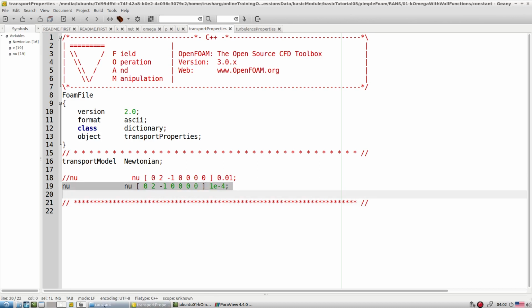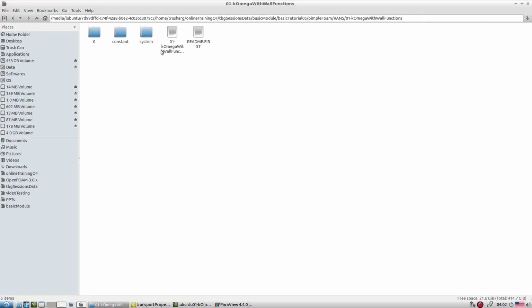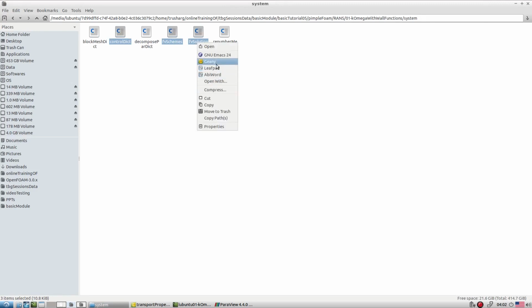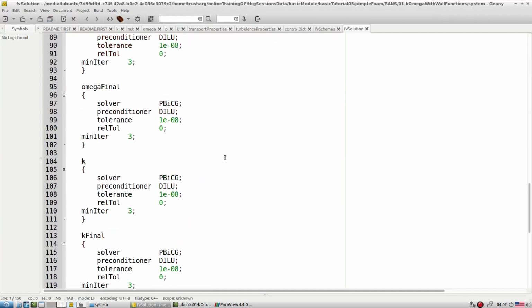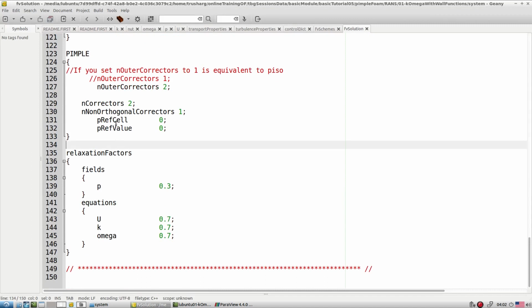Then let's go towards the system folder. Here we have the same entries available: algorithm, relaxation parameters, outer correctors, inner correctors, orthogonal corrections, everything is available.